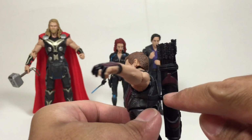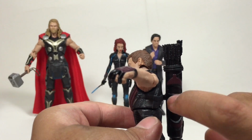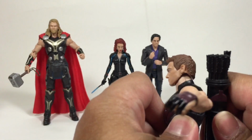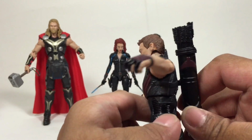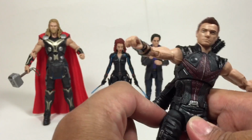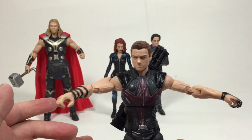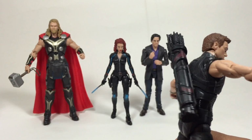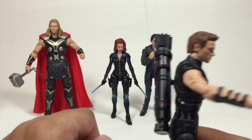It would have been nice if that went all the way in, so you don't see a gap, you know, kind of like that. It would be nice if that goes all the way in, but fortunately it doesn't matter in this look right here. But just for me, when I look at the side, I just don't like to see that little